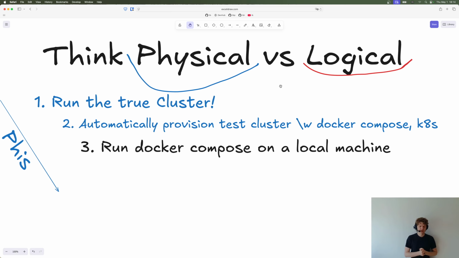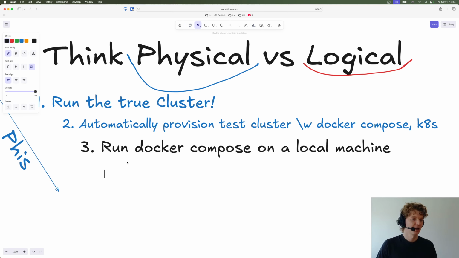And it would be somewhat hard, because you are now running this on a local laptop, you actually have the opposite problem, that your network is now almost perfect. Your disk is almost perfect. So the time synchronization is ideal between different virtual machines. So there aren't enough failures. And you would have to hack something into it to reproduce failures. So the next step to make this less physical and more logical is to say, okay,